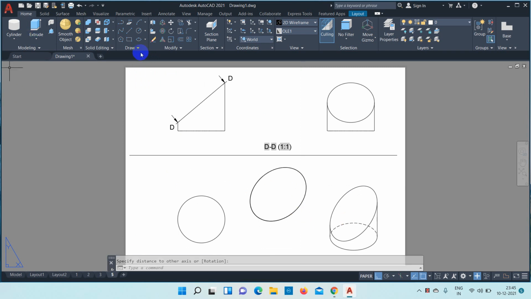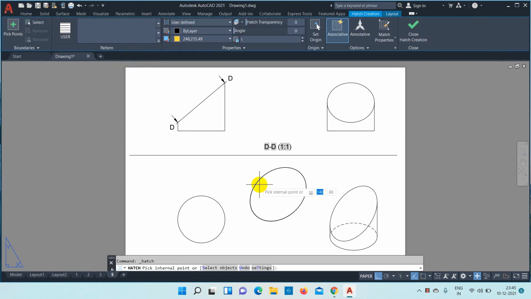After that you can just click on draw, click hatch option, select this entity. Okay, similarly you can do for the sectional top view, side view, as well as isometric view. Same procedure you can follow.